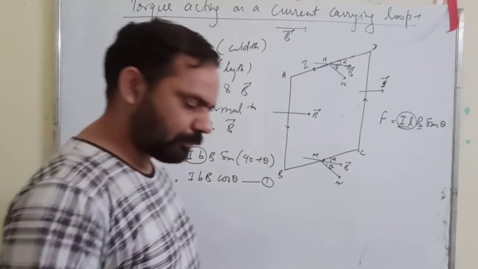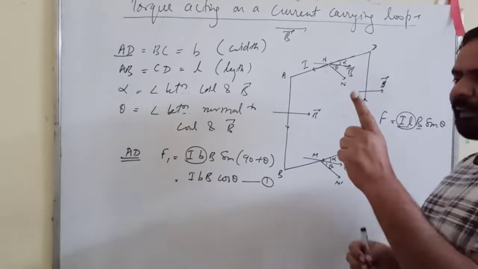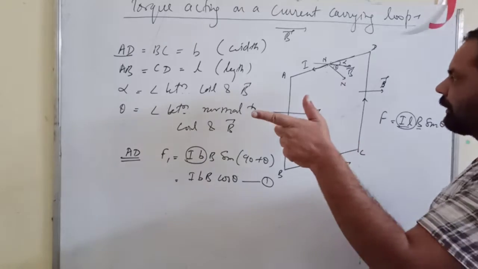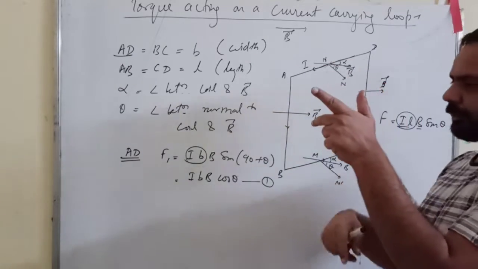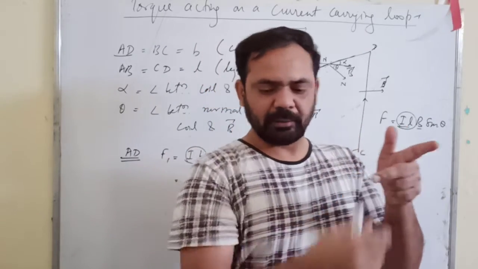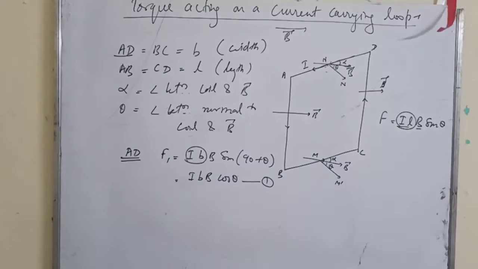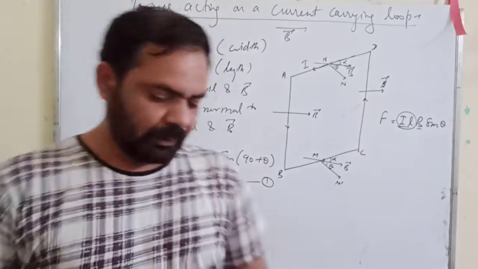Now what will be the direction? For direction we have Fleming's left hand rule. Now this is field, this is current, this is force. Now current is this direction. Okay, it is like this, right? And the field is crossing it. Means if suppose we consider, let me just give me a second. Okay, it is this way.